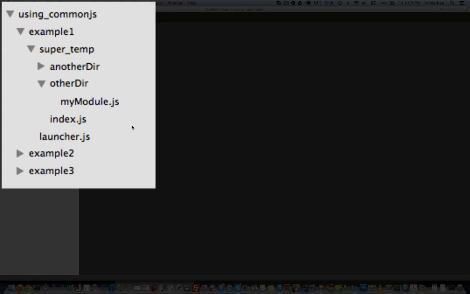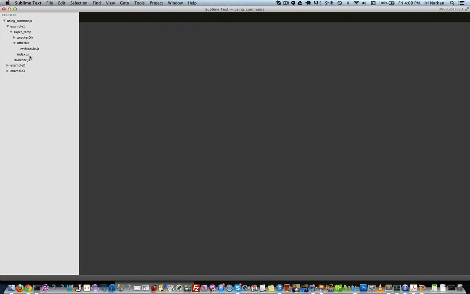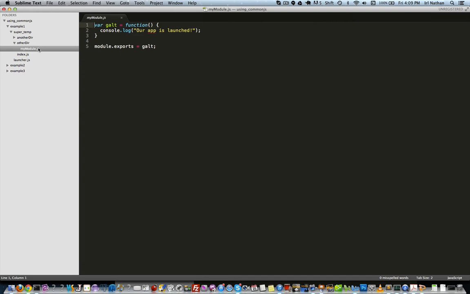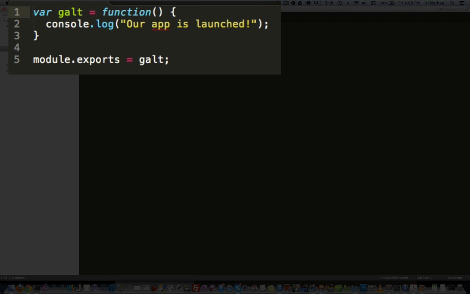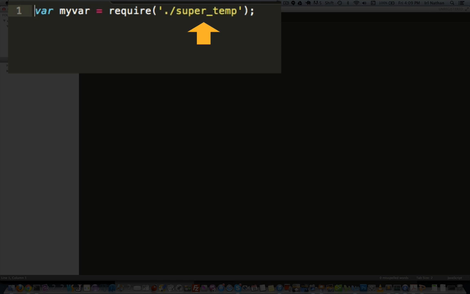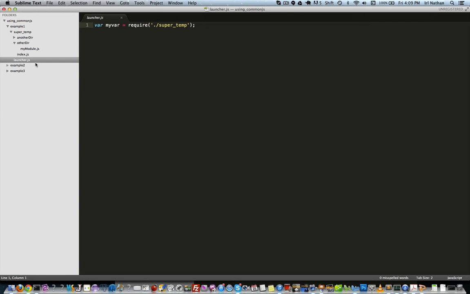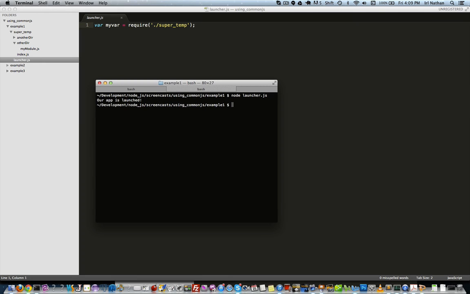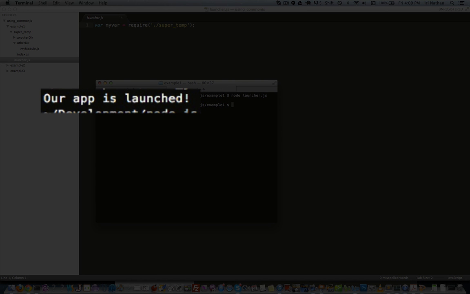I've set up an admittedly contrived directory structure under this example1 folder. So we have a module index.js that requires another module, mymodule.js, in the other dir folder. Notice the parentheses at the end of the statement, which means we'll be instantiating this function immediately. MyModule.js is just a function that logs our app is launched. Finally, we have a file launcher.js that requires the folder /super_temp. So now I'll go to the terminal and type node launcher, and we get our log message that our app